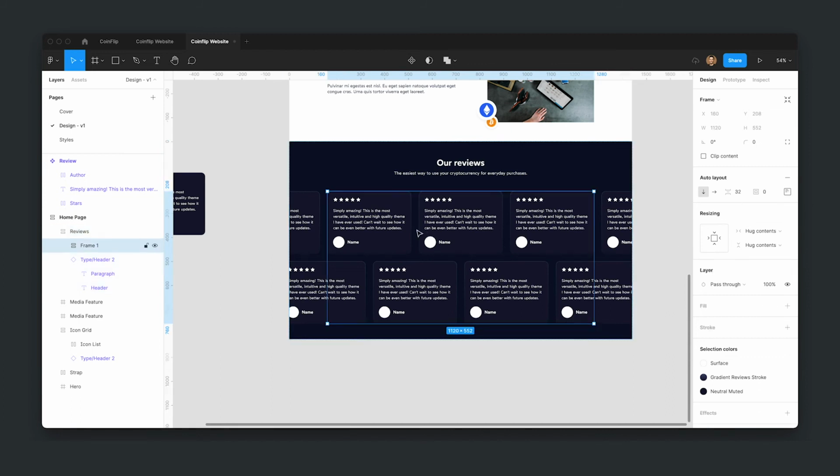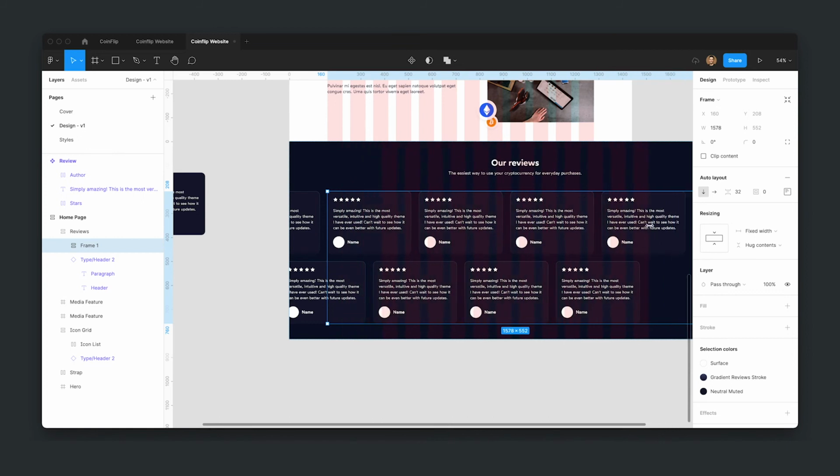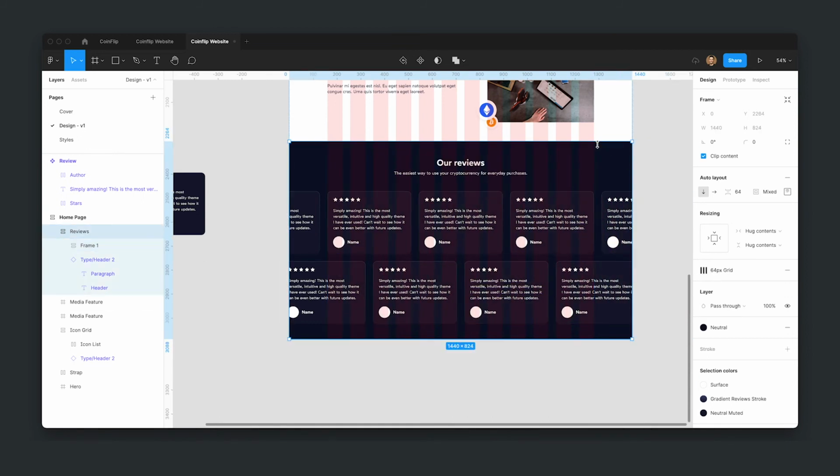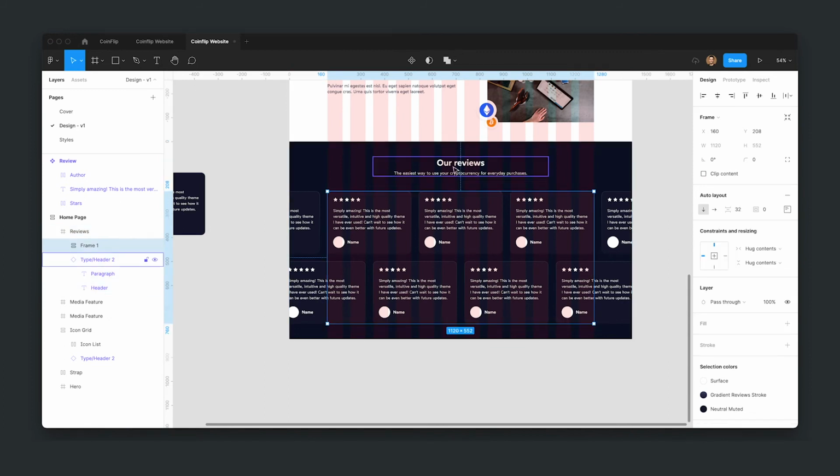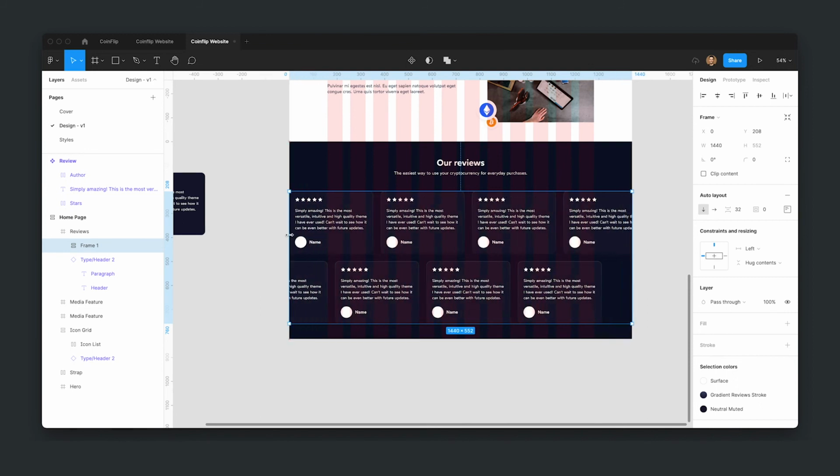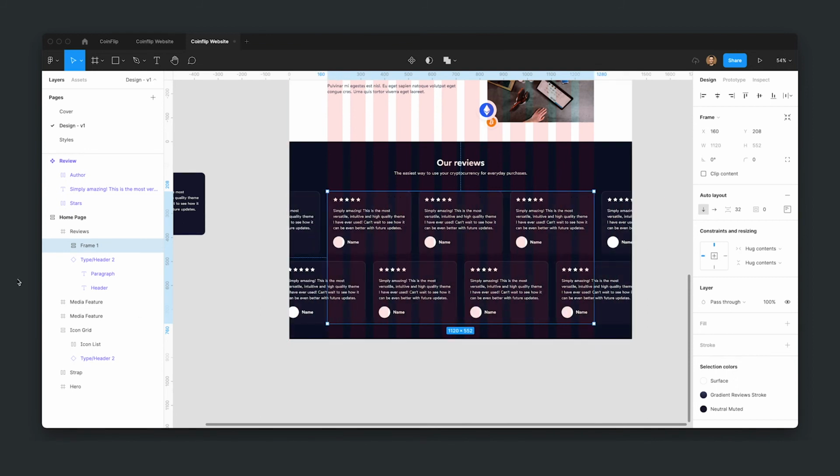Now, it's very important to make sure that we've got a fixed width here and that these are overflowing. Because if this was obviously full width on this parent frame, it wouldn't have worked with that auto layout. So that's kind of the thinking between that fixed width element there and why it's not just simply full width. I'm going to rename this to,